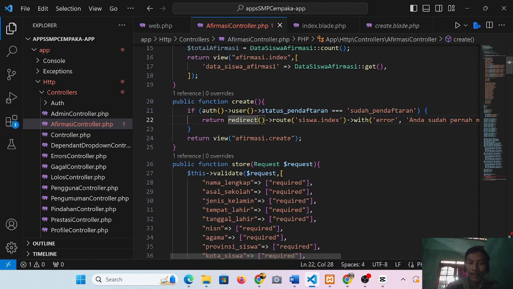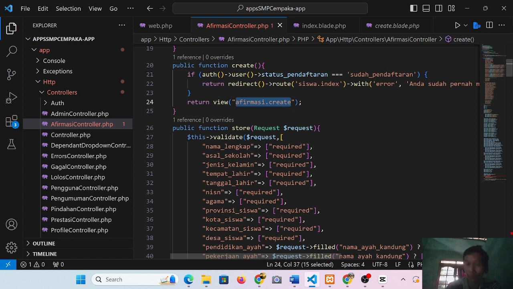But if the status pendaftaran is not equal to sudah pendaftaran, create will return the affirmasi create view so the user can fill the admission form for PPDB.